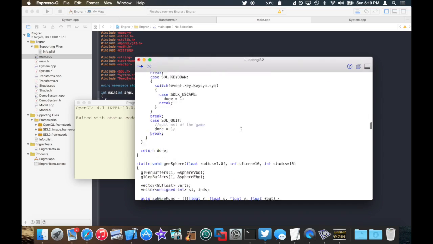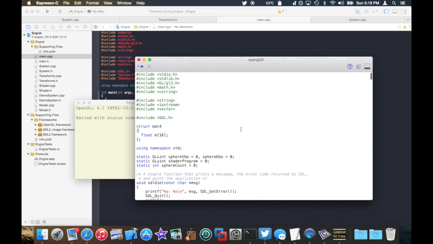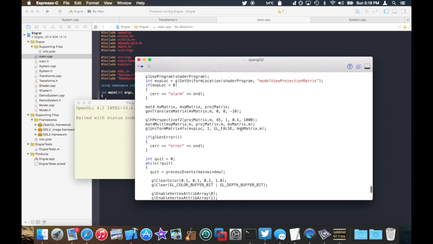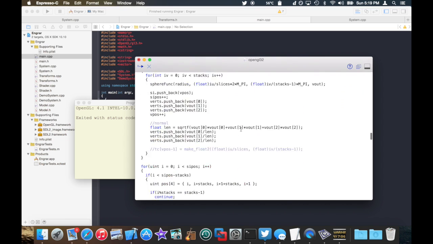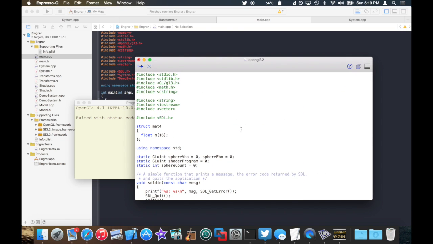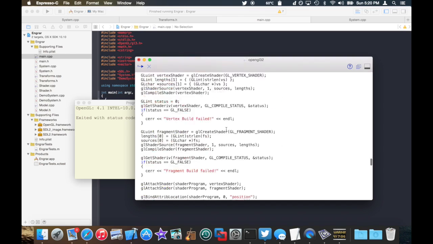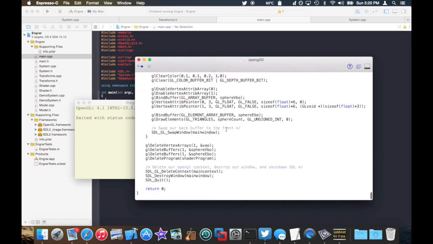So when you're making a game engine, typically you might start out with code like this, which is what I had in one of my other videos, which was OpenGL 3.2 code to just draw something with a shader. As you start working on the game, you'll notice that the complexity will grow, and I'm a big proponent of only having the amount of complexity that is necessary for a game. Basically, you demand develop your code. You only develop the pieces of code you need, and you do it in a way that's as organized as possible so that when you work on the final game, or whatever it is you're working on, the complexity is